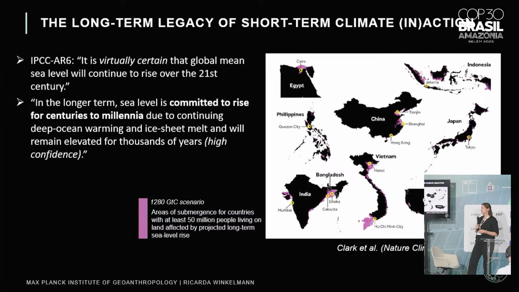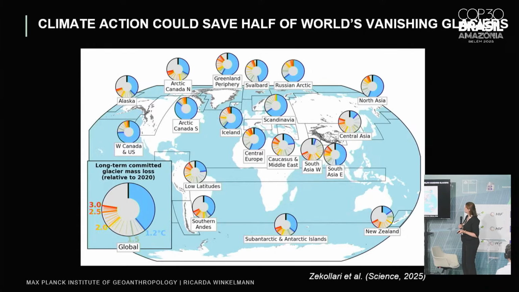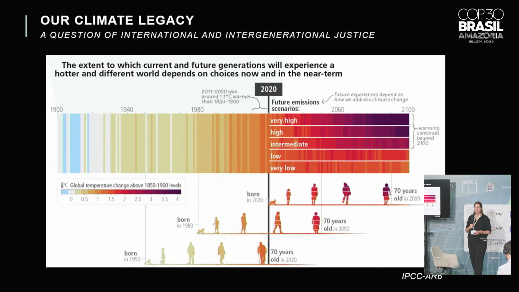And that also means that we can kind of flip this question around, because it also means that our climate action right now has the potential to have really long-lasting consequences as well. For instance, it has been shown recently that climate action could save half of the world's vanishing glaciers if it occurs rapidly and decisively. And with that, let me leave you with this thought, because I think we can learn